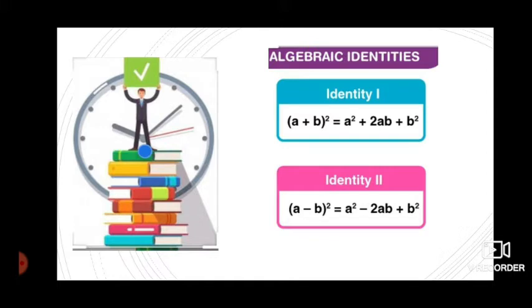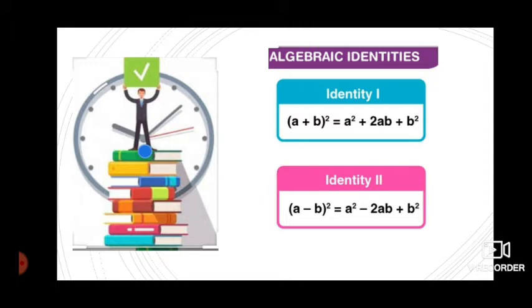And we also learned some of the identities. There are plenty of algebraic identities, but in this chapter we will learn only four identities mainly. I already explained them in the last video. Now, by using those identities, I am going to explain the sums from the exercise. Based on that you are going to do the homework also.